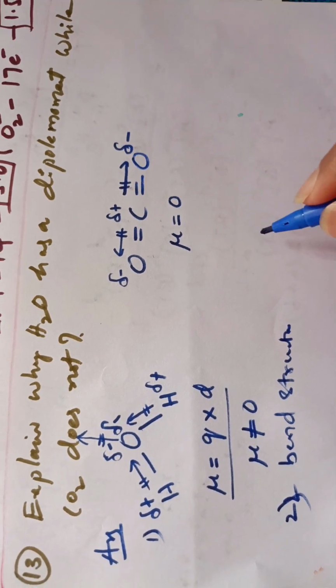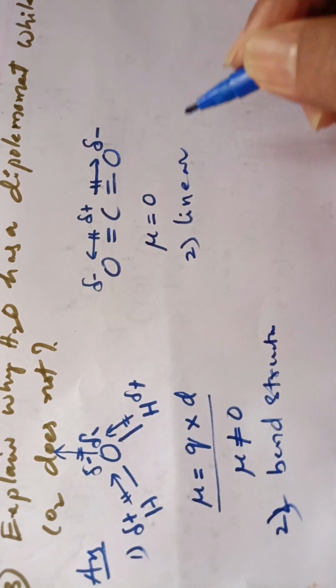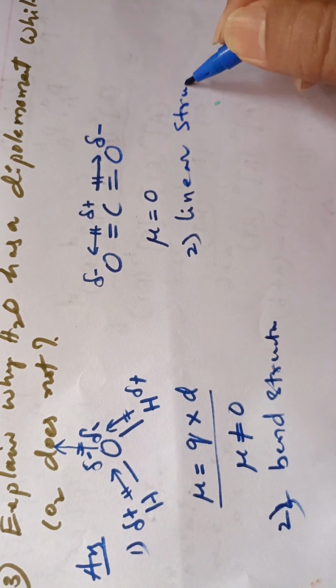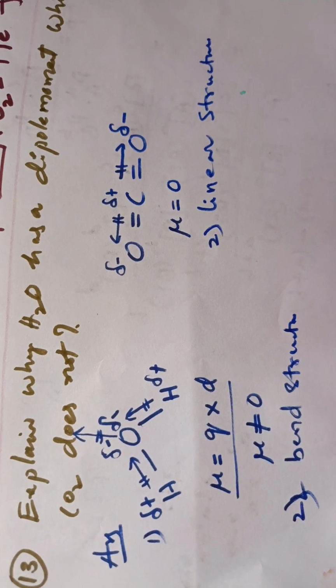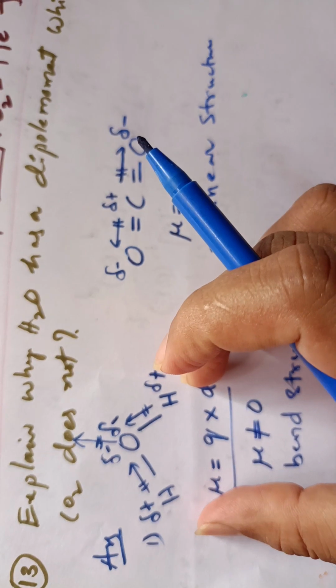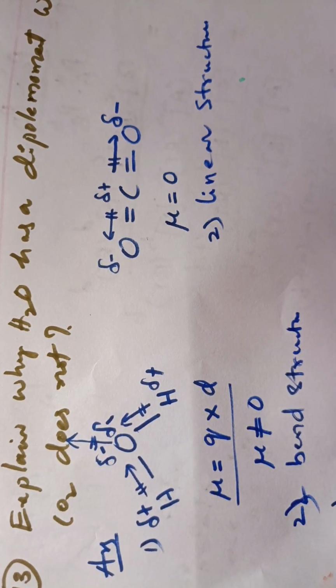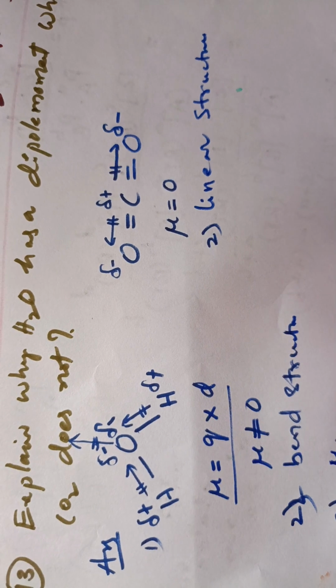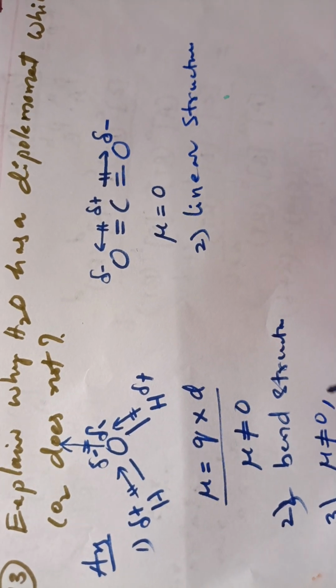Here CO2 has linear structure. So because of the bend structure, it has some dipole moment. That means dipole moment mu not equal to 0 because